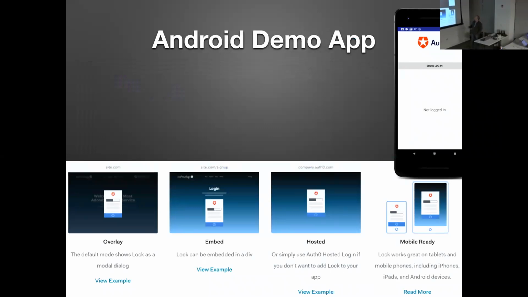So Android demo app, I'll show a little app right here. And that's kind of a screenshot of the simple page I'll show you in a minute. But the authentication experience, there's 4 different flavors that they have for the login process. The one I'll be doing is hosted, which means it's a native Android app, but it's going to go to a web view and do the web login process and then come back to your app using a callback. But there's also more pure mobile approaches. There's this embedded version. There's an overlay version.